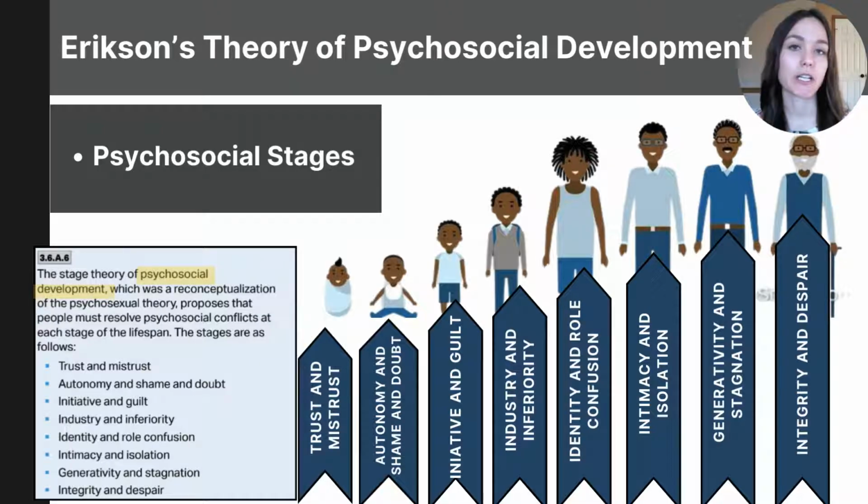Erikson was a German American psychologist best known for his theory on psychosocial development, which focuses on how individuals navigate key challenges and conflicts at different stages of their life, and it shapes their identity and personal growth. Erikson's psychosocial development outlines 8 stages of human development that are each characterized by a key conflict that shapes the individual's sense of self, and it influences their emotional and social growth throughout life.